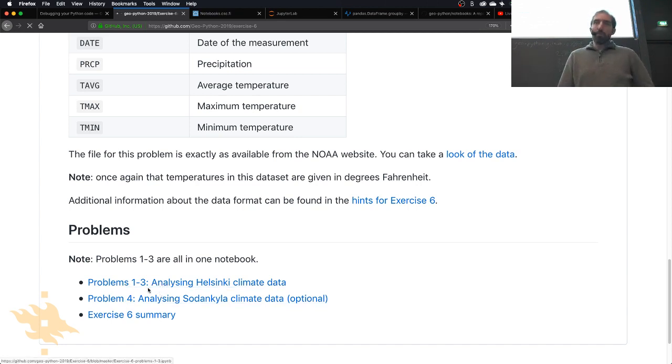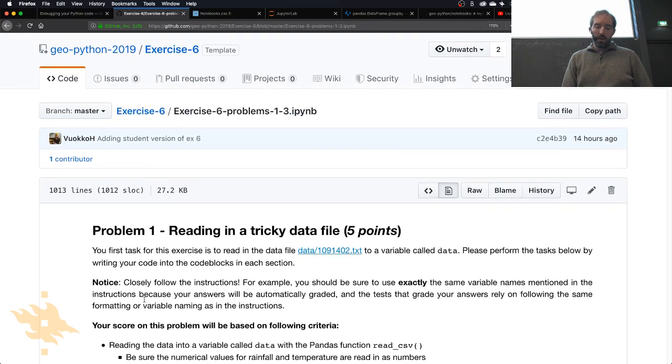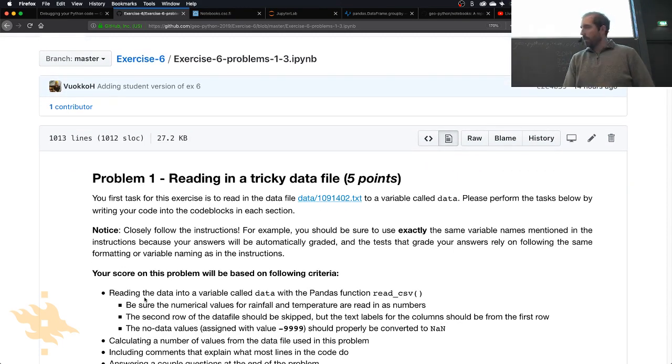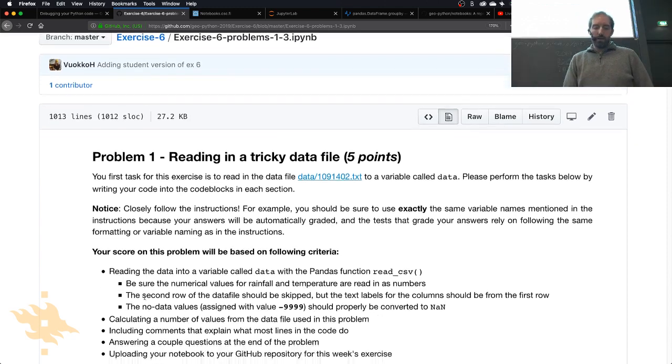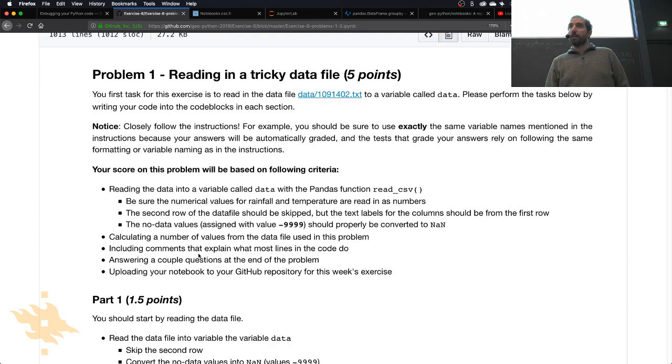For problems 1 through 3, they are all in one notebook, and this is because rather than having you reread the data file several times, we can read it once in the notebook and then proceed on through doing the analysis here. We're doing the analysis, of course, in a couple different steps, and it's useful just to have already read the data file once so that whatever you've done in terms of earlier processing is available in problem 2, for instance. Our data file in this case is a slightly different format than what we had before, and if you open it,